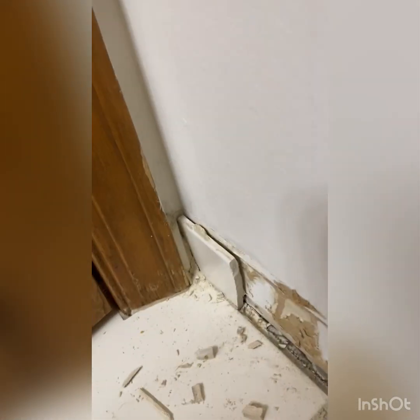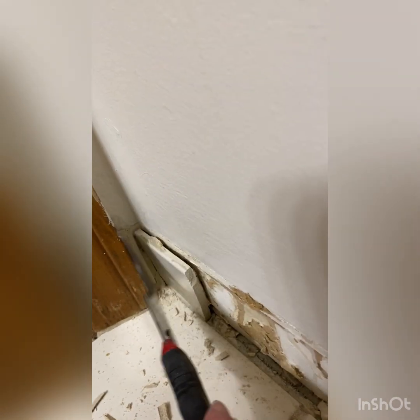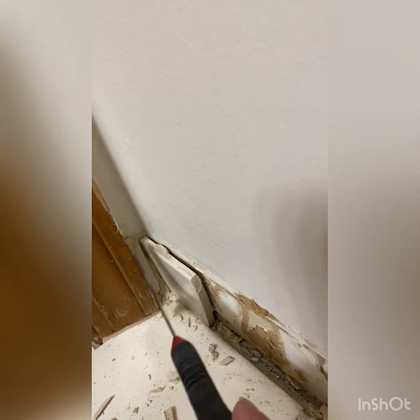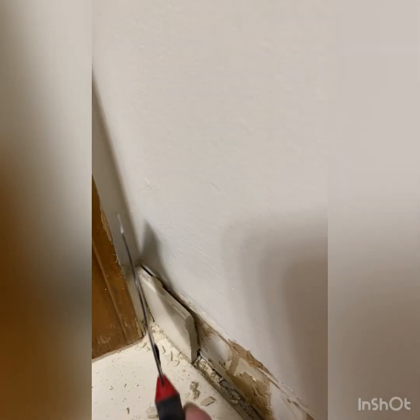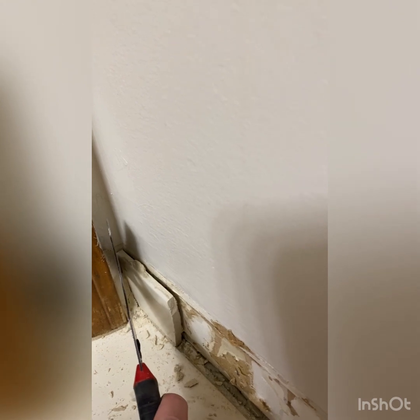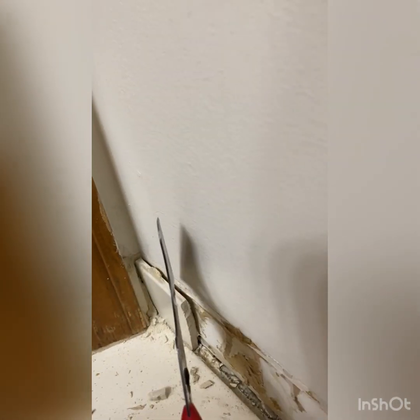So what I found, the best way to get this tile out of here, it's wedged in there because it's got this grout line in here, right? In between it and this other little tiny tile sliver. So I'm working it with my tool here. I'm kind of chipping away at it in that joint right there. Kind of just going at it. And I'm kind of breaking it loose. Okay, every time I do that, I'm breaking it a little bit more loose